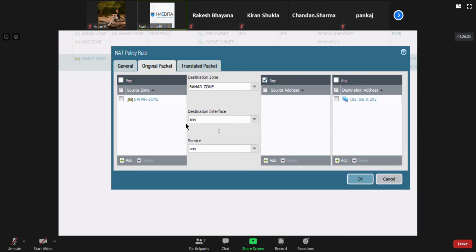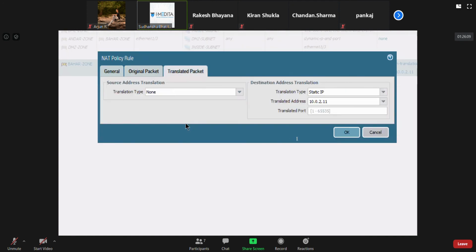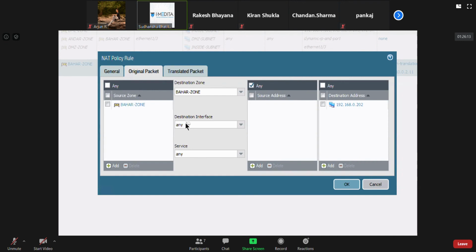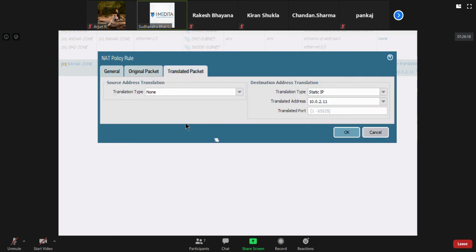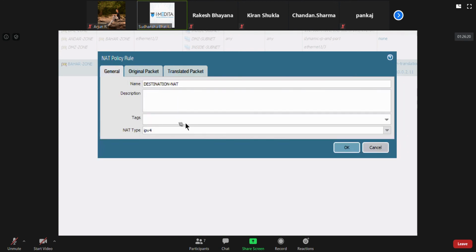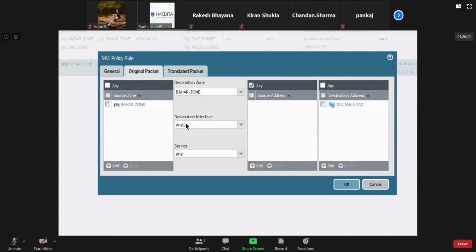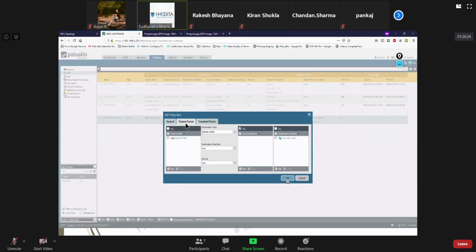And when they hit this destination address, we translate them to this. That's why I said a lot of people like to do it the other way, based on source, and then just use the bidirectional option.